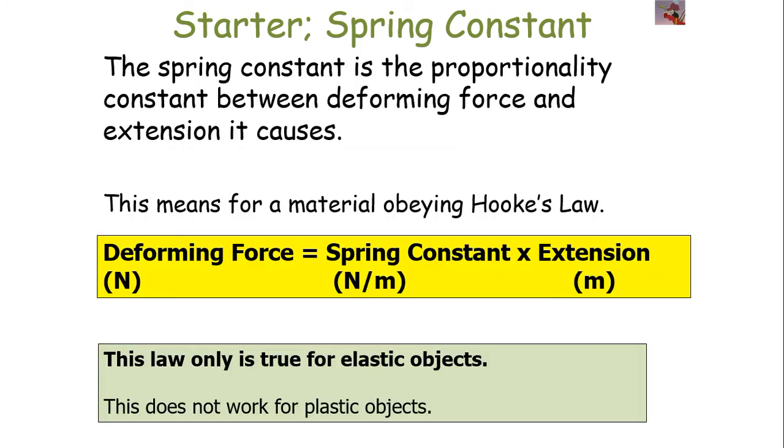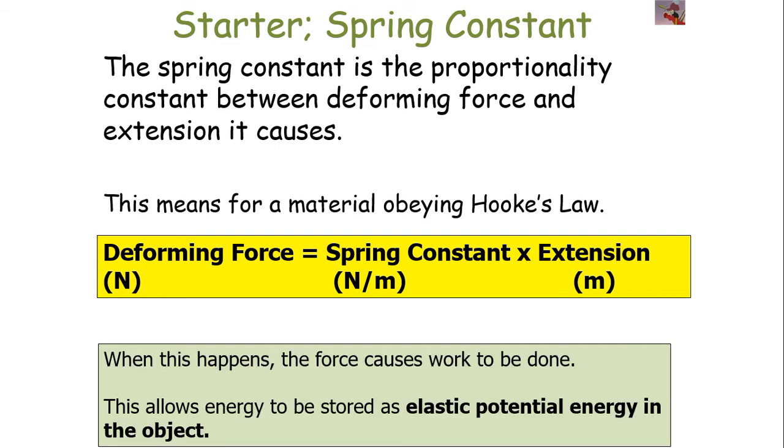So we can define the spring constant as the proportionality constant between the deforming force and the extension that it causes. It means that for a material that obeys Hooke's law, deforming force equals spring constant times extension. But this is only true for elastic objects and not inelastic ones. Now, when this happens,